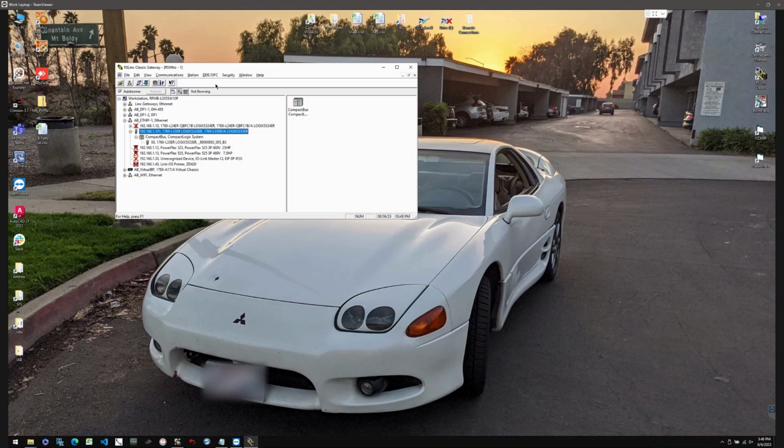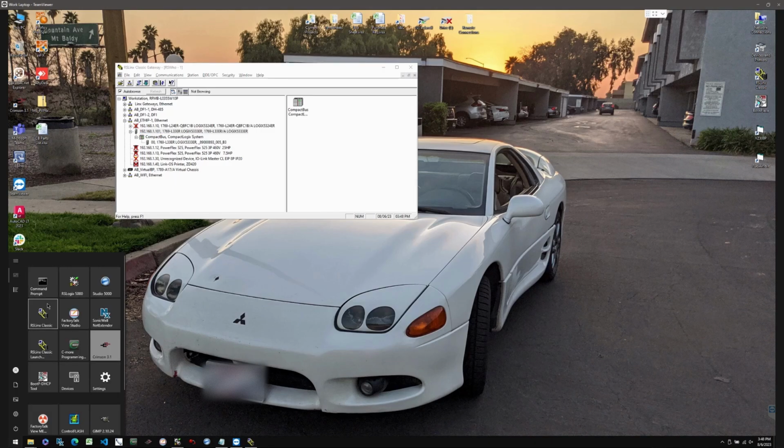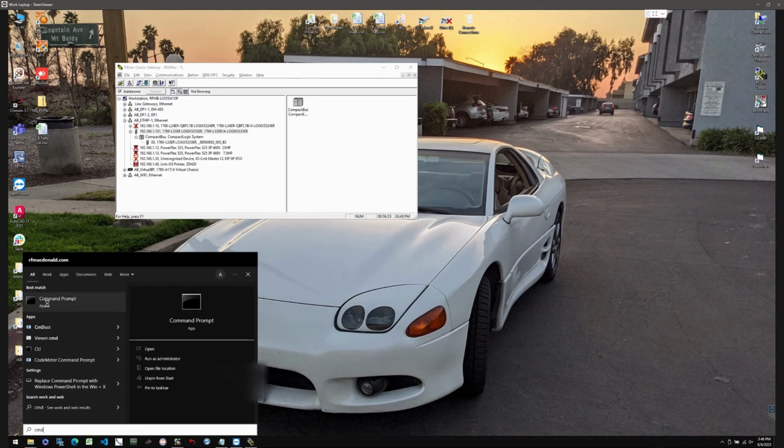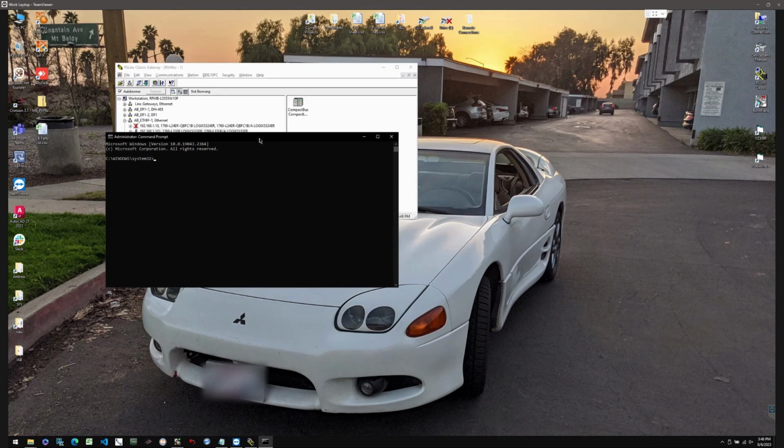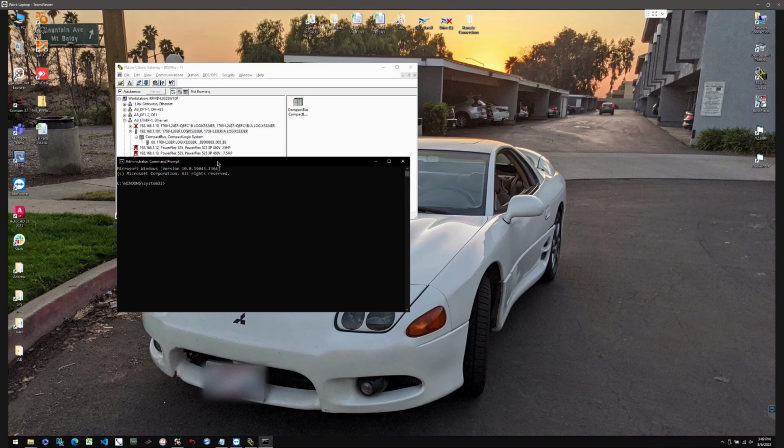The next thing we can do, if something is wrong, if this is not reading correctly, RsLogix is not picking it up or something, we can also attempt to ping the device address. So what we can do here, I already have it up, but you can just go to your start menu and search for CMD or command prompt. You want to make sure you run it as administrator and start that up. Now here you kind of have to know your IP address, which is our 101 here. But basically what we want to do is we're literally just going to run a ping at the address of